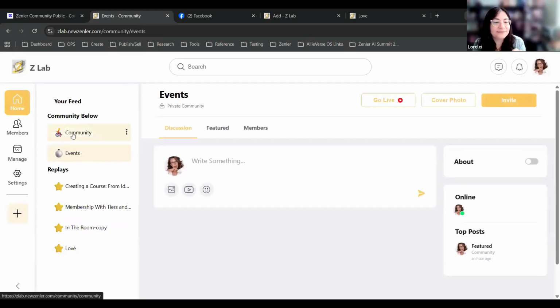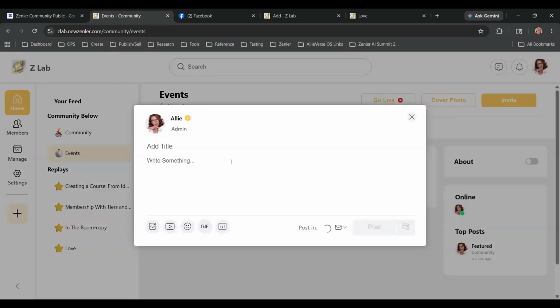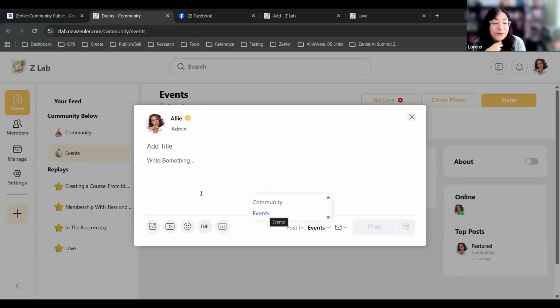So now communities. Now you have an events community, and it's an individual community that you can now come in here and create. It's only one, right? You've got two communities under this category. These are the communities you can post in, right? So it could be a community, so instead of replays, so when I create, so I'm trying to figure this out.